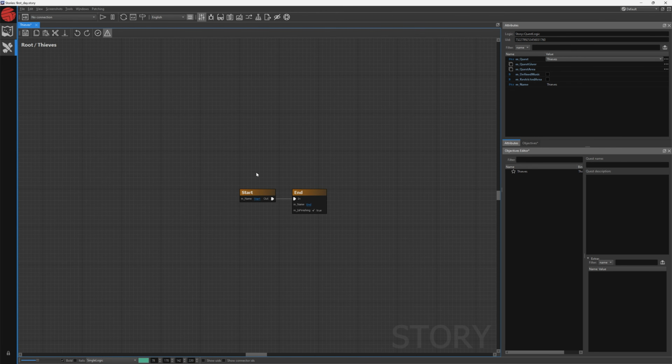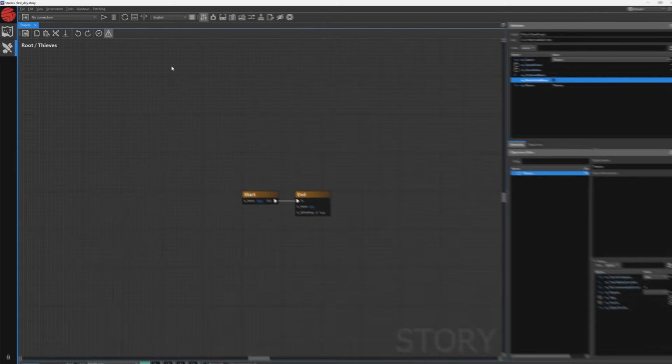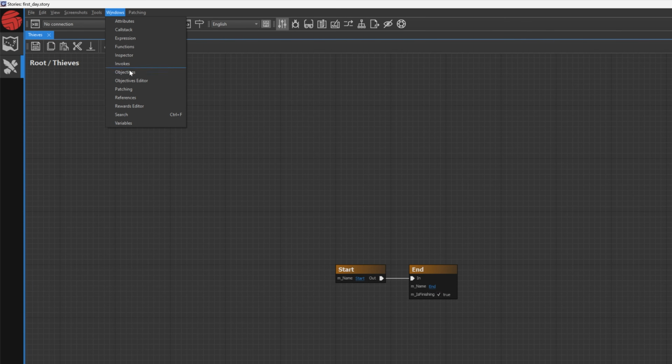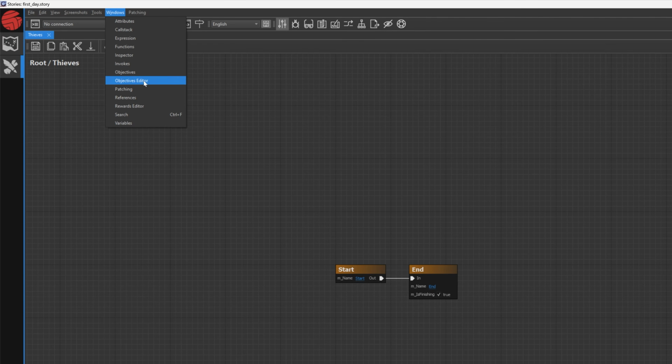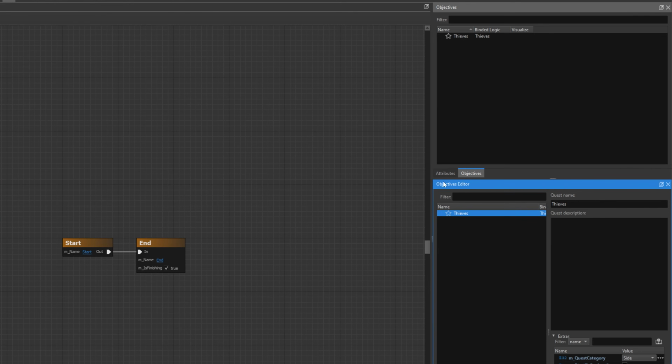In the next tutorial, we're going to be adding our own blocks to the quest. For now, let's focus on how we can create objectives so that by the end of this episode, we'll have the building blocks that we need. In the objectives, we will write instructions for the players and help them understand what their current objective will be. To create them, click Windows and choose Objectives. Go to Windows one more time and select Objectives Editor. These two windows will be important going forward.